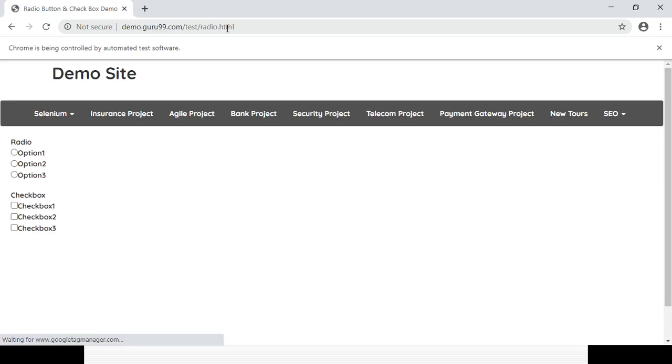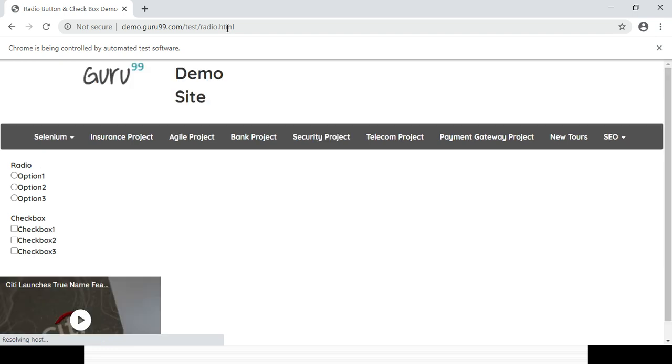So it will open the page. Once the page is fully loaded, it will select option 1, right? After that you wait for 3 seconds, then it will select option 2. Okay, you can see the moment option 2 is getting selected, right? So my code is working fine in the UI, right? And if I want to get the output in the console, I can check the output, right?